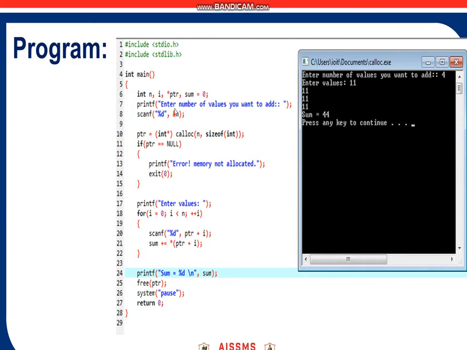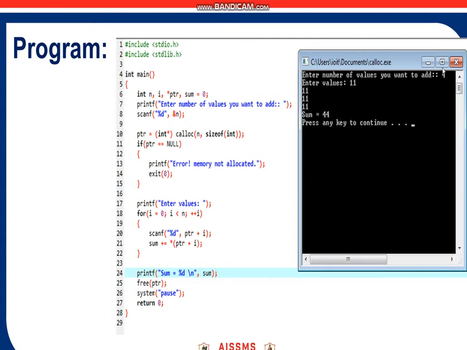Here in the program you can see we are asking the user for the number of values to add, and instead of malloc here we use calloc. For that we use the line ptr = (int *) calloc(n, sizeof(int)). Same as before, if memory is not allocated, it will return NULL. So if the pointer is equal to NULL, then we can give an error message. Otherwise we ask the user to enter the numbers, and according to that we add them into sum. Later on we print the values with the sum by using printf functions.